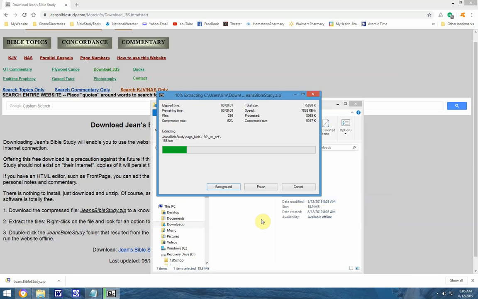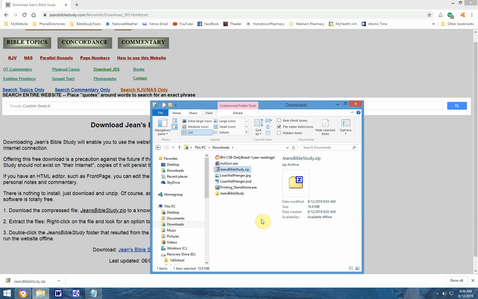And immediately it begins extracting the files. And so here's the zip file, and here is the zip folder that resulted from the extraction. And what we do now is we could go to the left pane in Windows Explorer and click here for the folders,